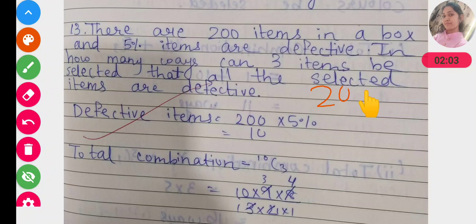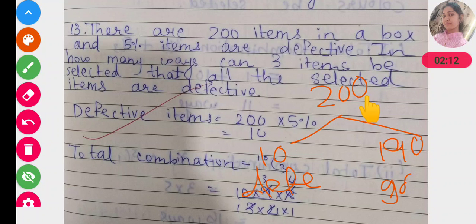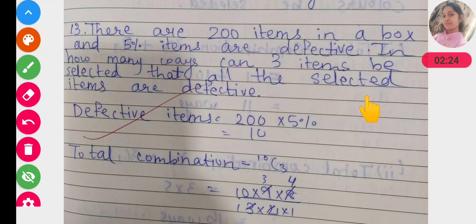Here there are total 200 items. In these 200 items, 10 are defective. So how many items are good? 190 are good. Now in how many ways can 3 items be selected such that all the selected items are defective? It means we have to select the items from the defective items only.